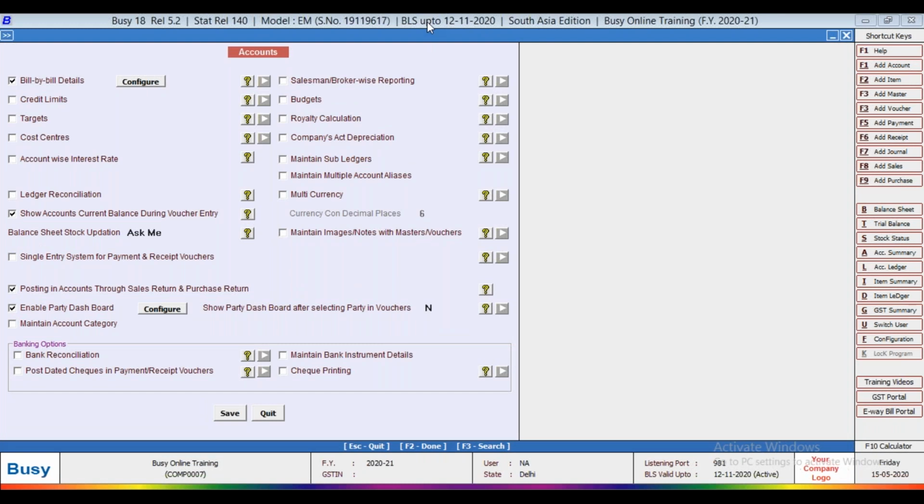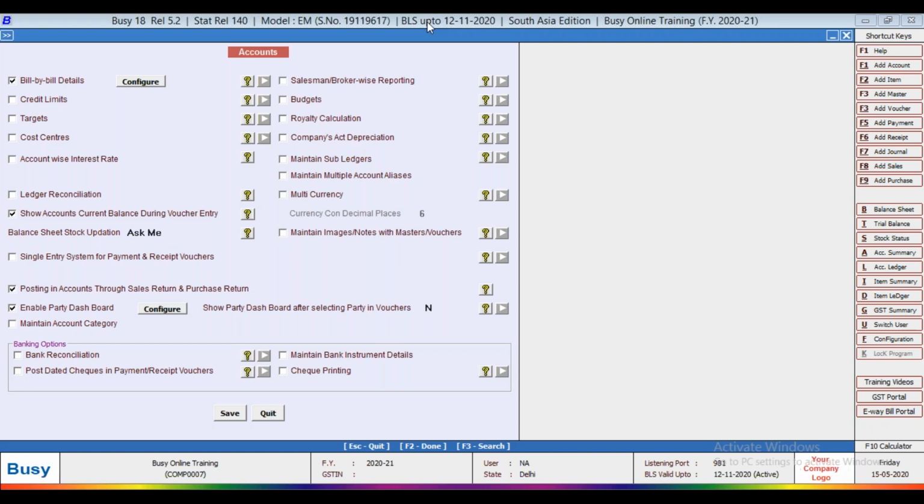Take this option. Now make an invoice for Gupta General Store. This is current balance. At the bottom of party master name Gupta General Store, current balance 561.07 debit balance.